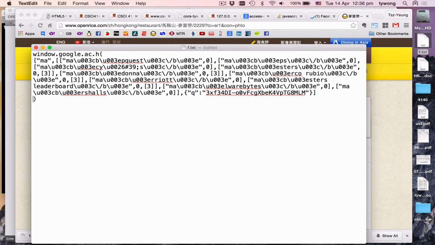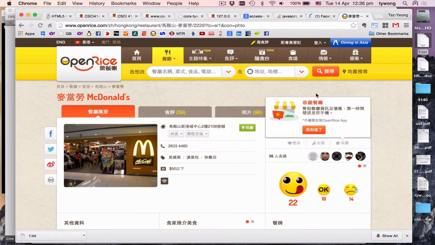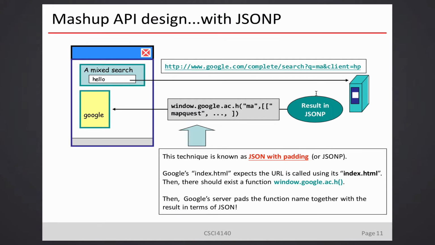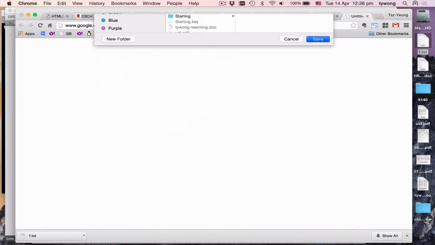It's a function call, and the function call values are actually generated by the Google servers. It's not by you, it's by Google servers. And next, I also talked about it. You can change what is going on within that code. The change is that I can add a parameter called callback. Callback equals hello world. So if I generate such a thing, callback hello world,